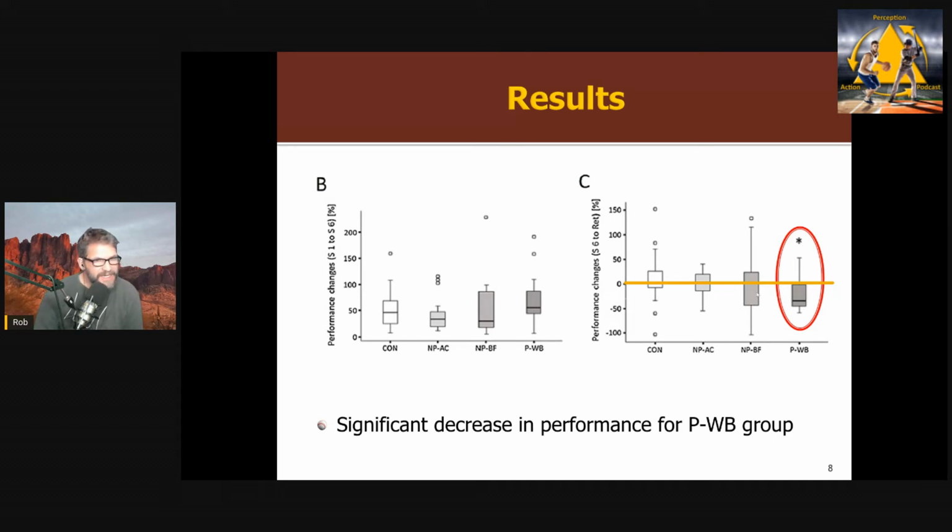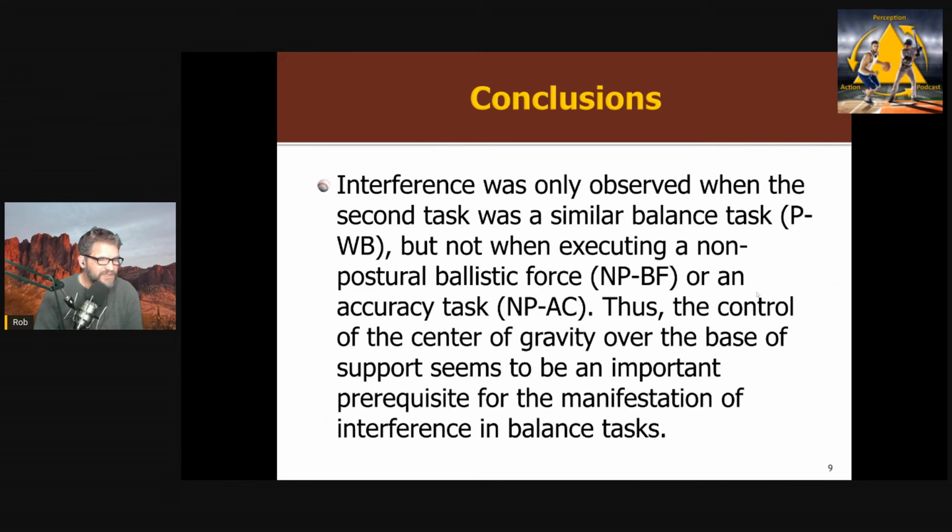Okay. So again, I think this is nice experimental work. The EMG measurements also, I think, were particularly important. So what they found was that interference was only observed when executing a task that had similar task requirements, right? And used similar muscles, similar body parts, similar degrees of freedom is another way to put it.